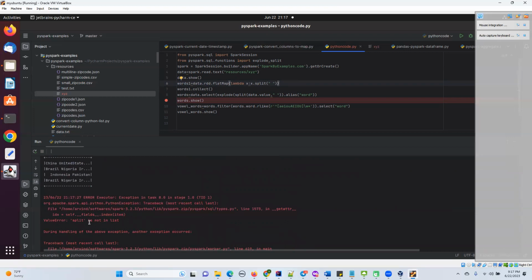Split is not in the list. Okay, okay, okay. This is actually, in the word count program, if flat map. Okay, Scala we do this way with lambda x and